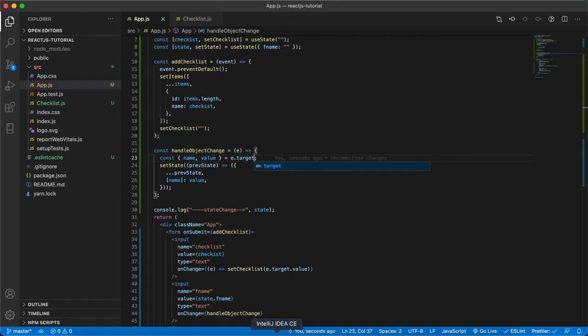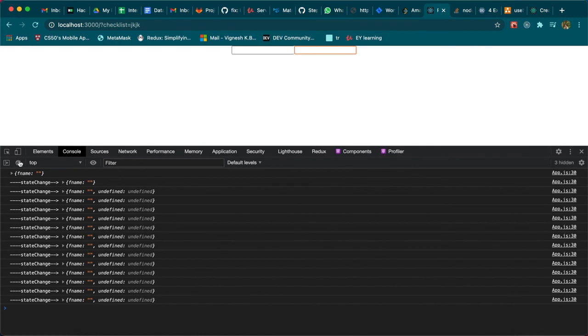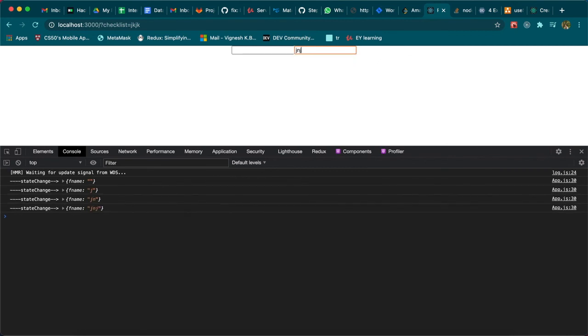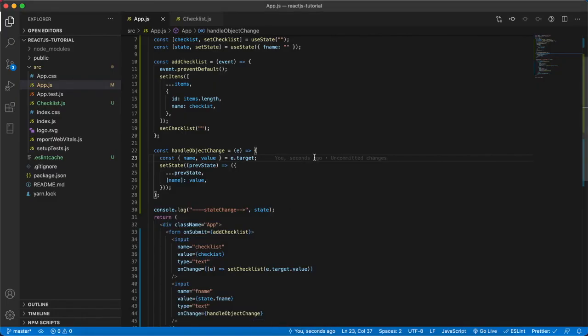Yeah, now we should probably go and open the browser and check it once again. It should work. Yeah, you can see the text box of name fname is working, and you are able to update the particular object with the name fname. So this is how you update the state with a value of type object, right?